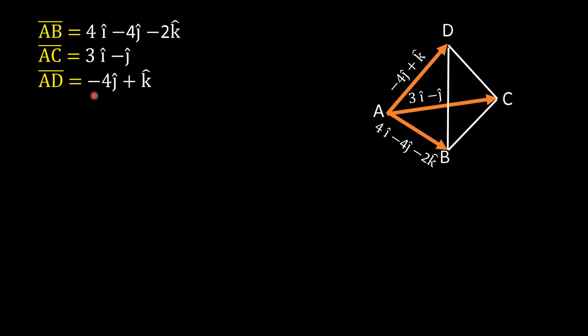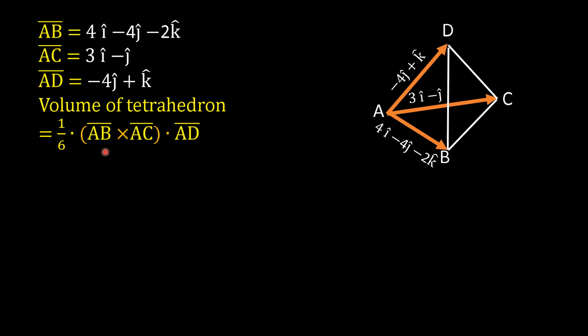The coterminous edges of this tetrahedron are represented by vectors AB bar, which is 4i minus 4j minus 2k, AC bar, which is 3i minus j, and AD bar, which is minus 4j plus k. Therefore, the volume of this tetrahedron will be 1/6 times AB bar cross AC bar dot AD bar, which is given as 1/6 times the determinant A1 A2